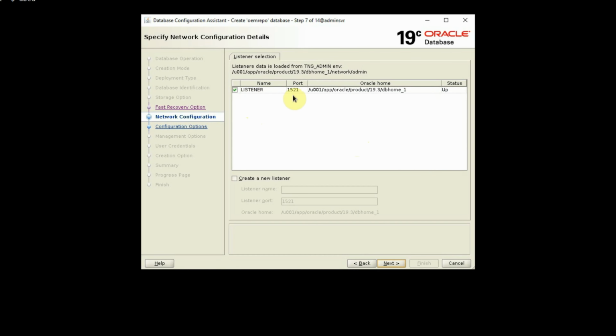And there is one listener already created in the previous tutorial while installing the Oracle software and creating the test database, and that listener was with a name listener itself, and it was listening at the port 1521. And this time we are not going to use that listener, so we'll unselect that, and instead we are going to create a new listener with the name listener OEM, and the port will be 1522. It is always recommended to use a non-default port for security reasons, and that is another reason why we are not going to use this default listener. And next